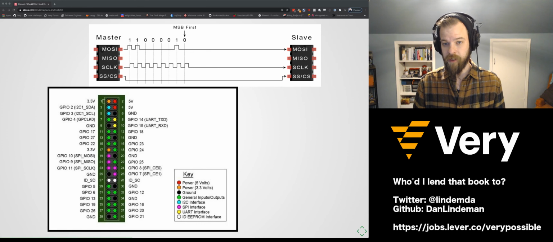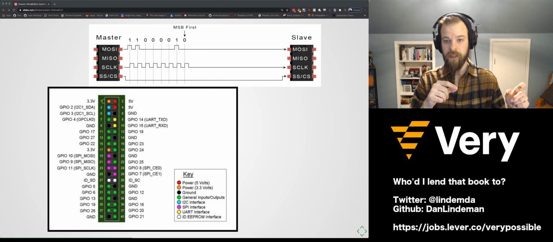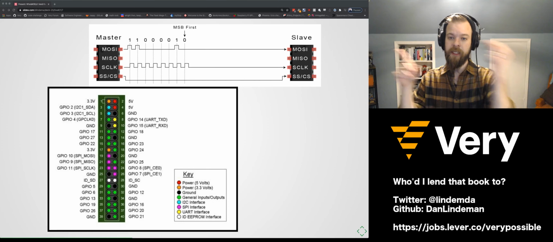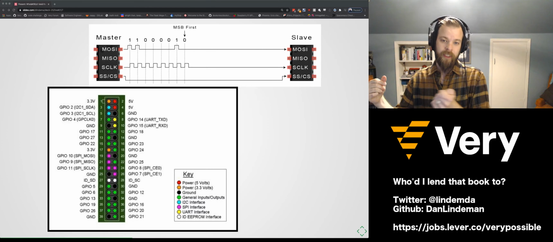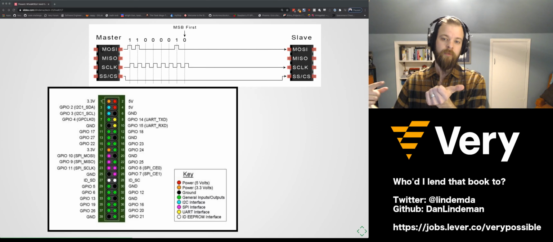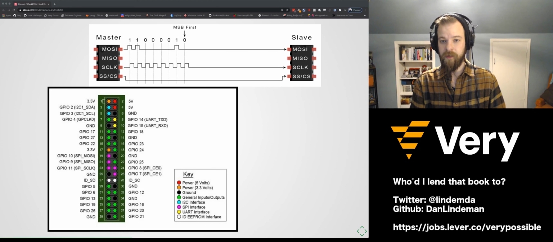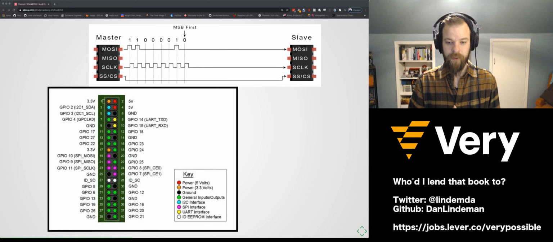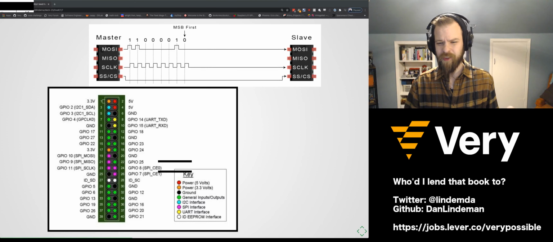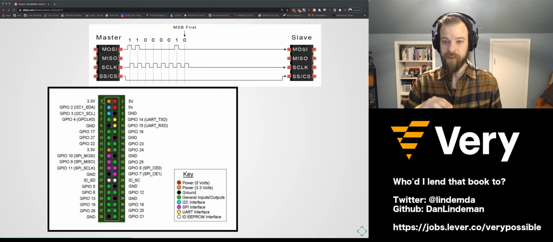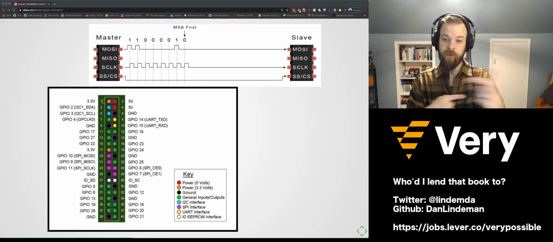The protocols for this are the unfortunately named master and slave protocol. So we have MOSI, MISO, and SCLK. MOSI is master out, slave in, so that's the Pi talking to the reader. And then we also have MISO, which is not only a delicious thing to add to meals and soups, but it is master in, slave out. So that's the RFID reader talking back to us. The clock exists so that the 2 different devices know when to talk to each other. And yeah, those are the important ones. There are more connections, but that's going to give you basically the gist of it. What kind of data are you sending, and when are you sending it, and in what direction?